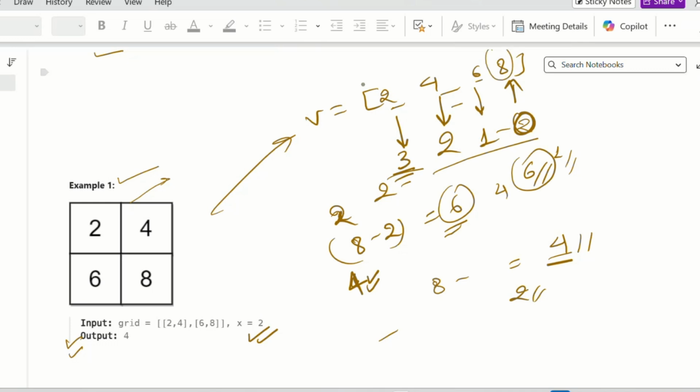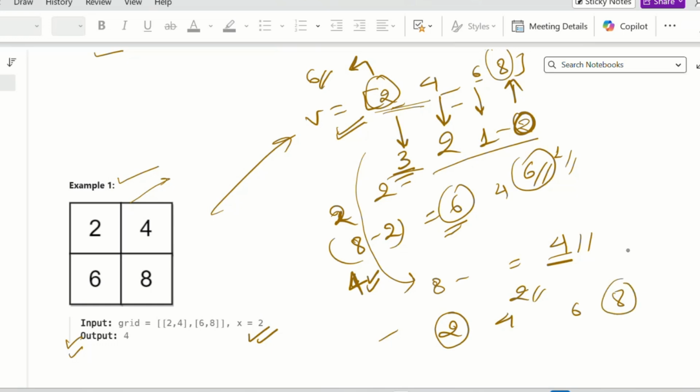If you check this 2 also, to make every value equal to 2, it will also take 6 operations. So what I am trying to say from this example is, if we are storing it in a 1D array and I sort these values, it is already sorted in this example. But after sorting, if I try to make every value equal to some value in the end, it requires more operations.